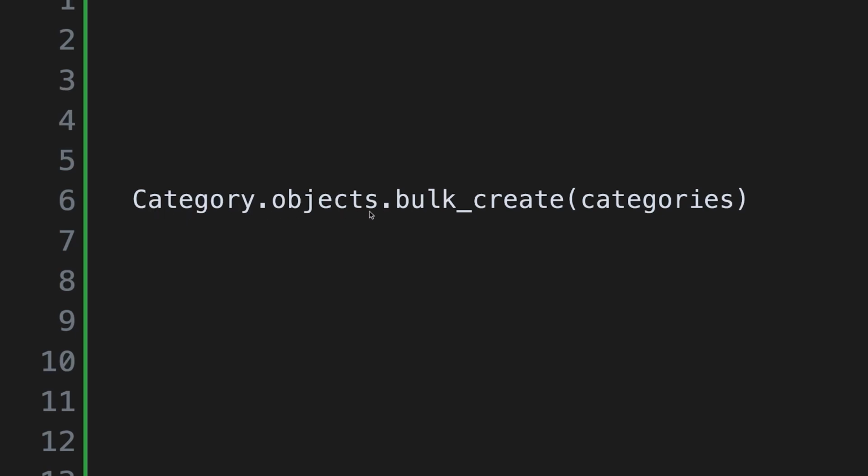So here the category.objects represents a manager. So this is a manager for the category model. It provides a way for us to interact with the database for specific models. So here we are specifically saying that we want to interact with the category model, or the category table in our database. So this is going to provide us the methods behind the scenes to actually perform the operations such as queries. And then this is extended with the bulk create method, which is the method we use to actually create the SQL code to create the bulk create statement